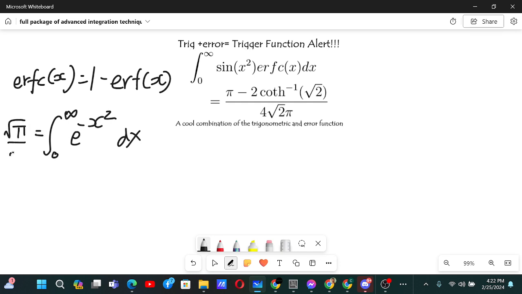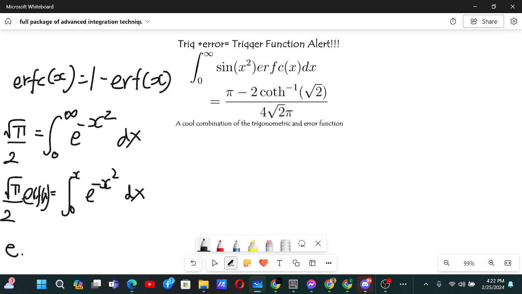Now if it's just from 0 to x, it will be slightly less than root pi by 2. So what we can do is write root pi by 2 times some slight error, because this is not equal to root pi by 2. This error is known as the error function, and in this way it's defined as erf of x equals 2 by root pi times the integral from